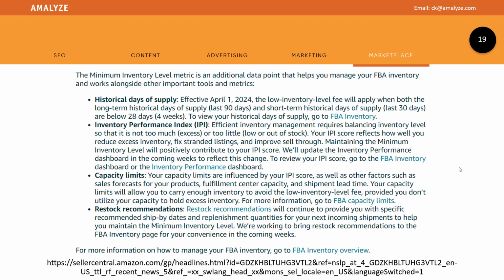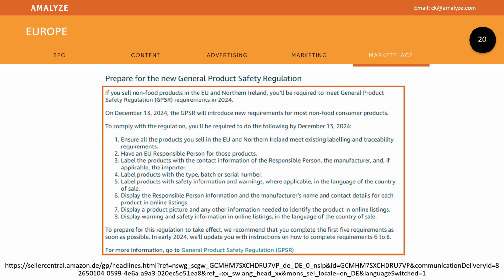The same also with IPI, inventory performance index, the capacity limits and restock recommendations. You will find more insights built up from Amazon for your business. So go into your data. Then for Europe, if you're selling in Europe, just make sure that everything gets a bit more complicated, caused by